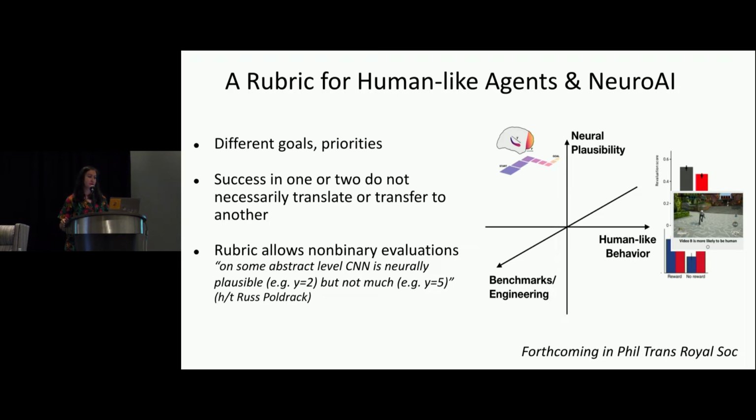Some of these approaches might have the goal of being neurally plausible. Now, for instance, CNNs were making such claims. That doesn't mean they necessarily have a high score on the human-like behavior front, or rodent-like behavior if rodent is your favorite creature. And also, if something was very successful at benchmark passing and engineering, for instance, the superhuman AI chess, it doesn't necessarily mean that it shows human-like behavior or has a neurally plausible approach or representation to do it.